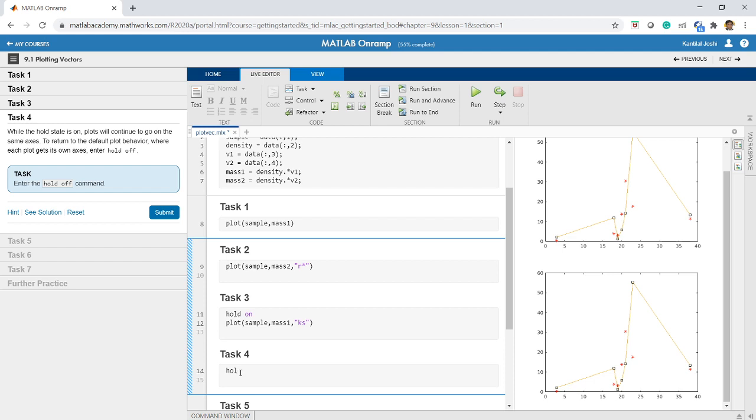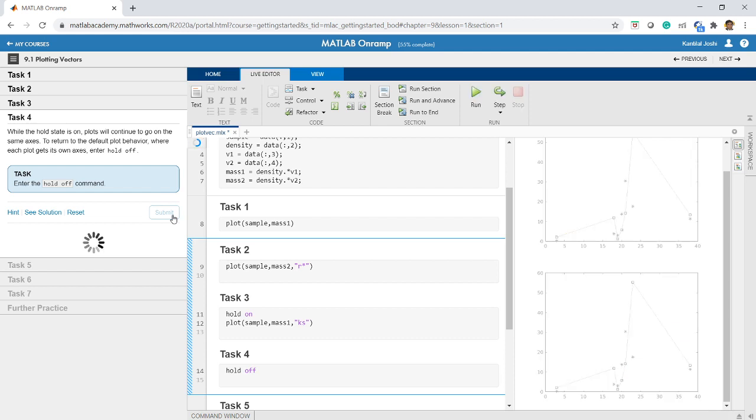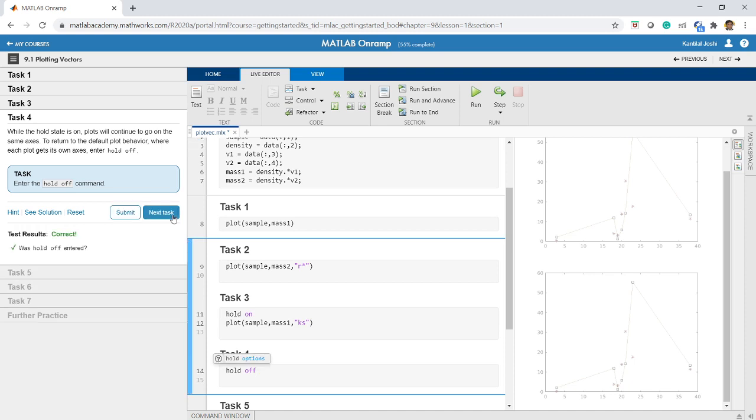That was the only task which was given to us: enter the hold off command. So let us enter the hold off command and submit. What it will do is, next time whenever we plot a graph, it will simply plot the new graph only. The earlier graphs will not be superimposed on each other. That is the use of the hold off command, right?